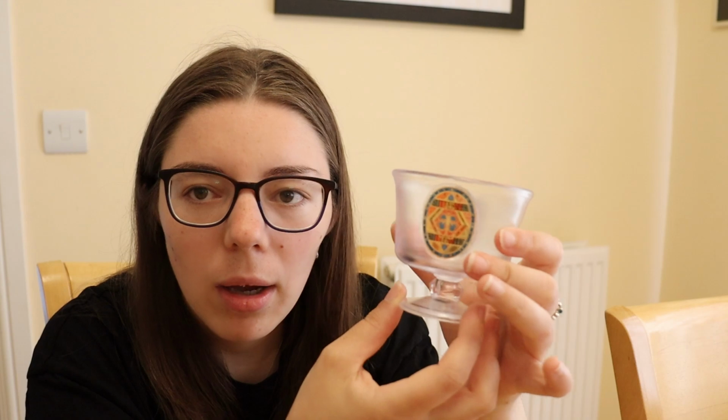And because it was a lot and quite cold, we actually shared the ice cream between the three of us. But the dish is really cute to bring home. And I can't wait to collect another one of these dishes if I go again. Now, a must-have for me,